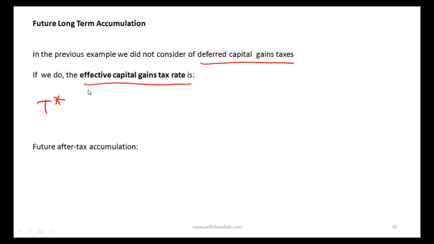T star, this is the effective capital gains tax rate. This is equal to TCG. What do you think this means? And what was this in our example? This was the 15%. Multiplied by 1 minus your portion of interest minus portion of dividend minus portion of capital gain, and then all this divided by